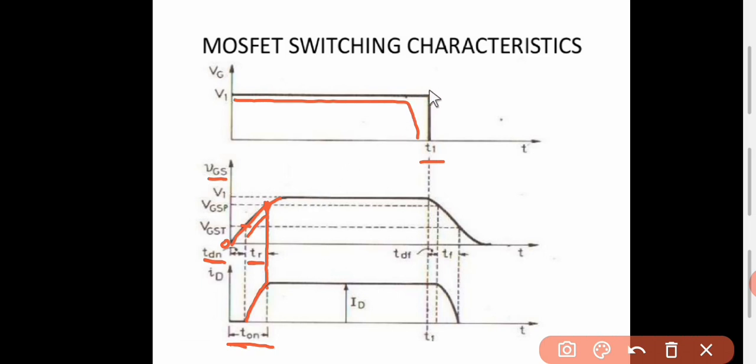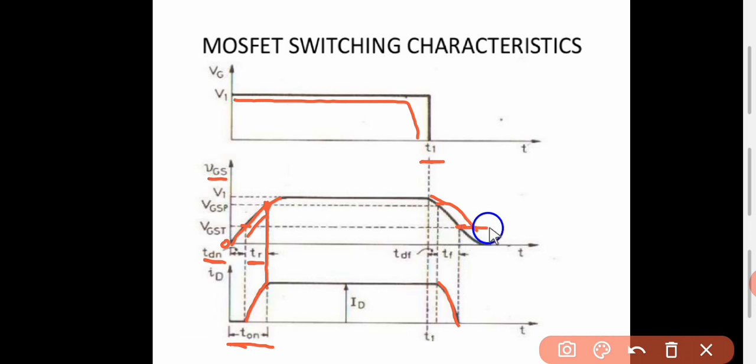If we now remove the gate signal after T1 time, the gate source voltage starts reducing. When this voltage reaches this point, below VGST, the device will fully turn off. When the gate source voltage reaches VGSP, the drain current starts reducing and becomes 0 at the gate source